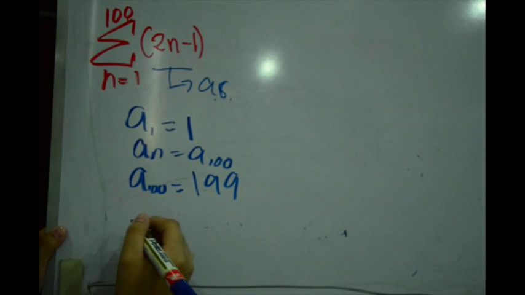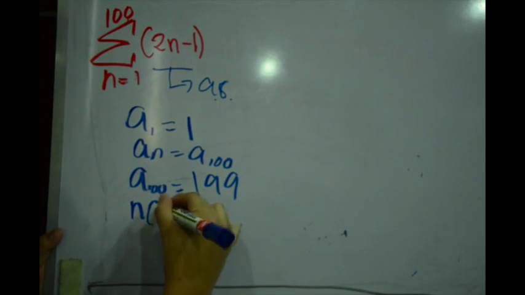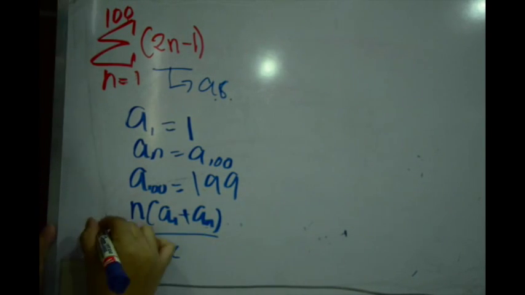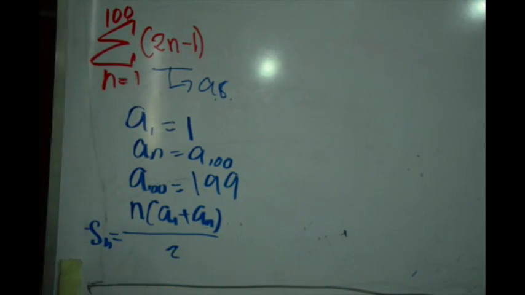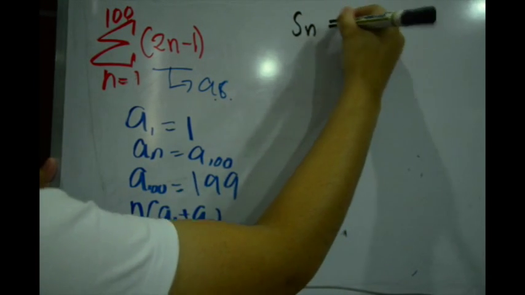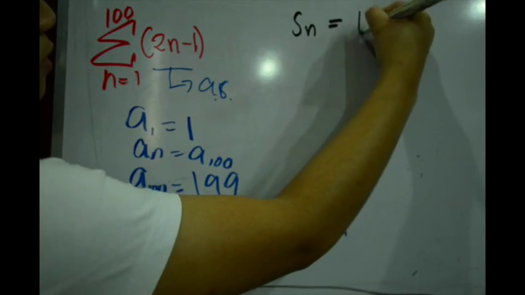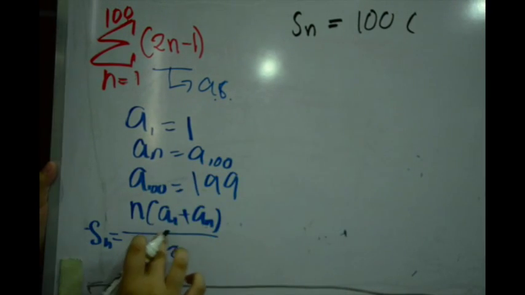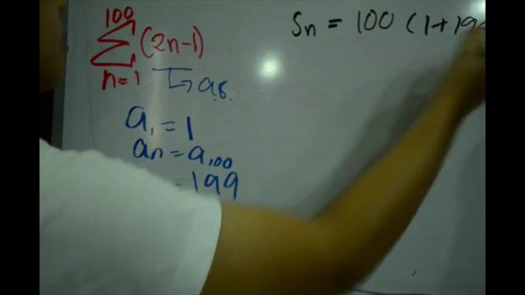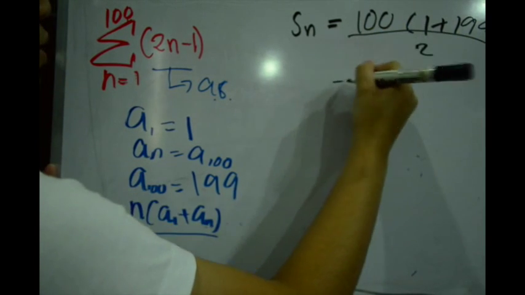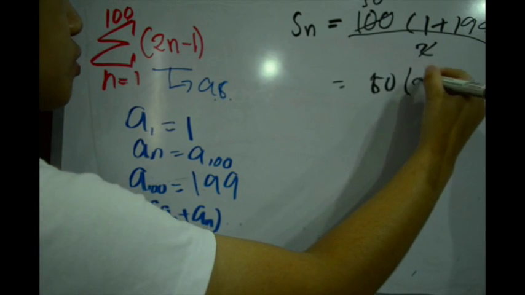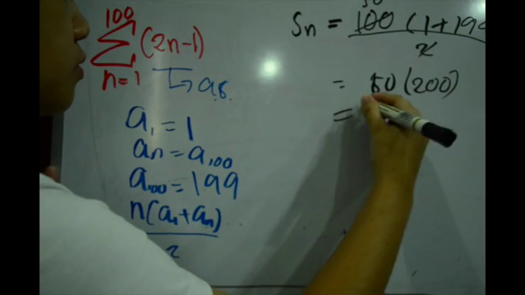Now, substituting in the formula, n times a sub 1 plus a sub n all over 2, we have n, which is 100, then a sub 1, which is 1, plus a sub n, which is 199, all over 2. Now, you see that is 50 times 200, which is equal to